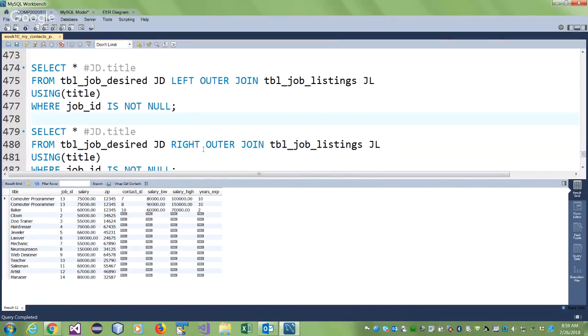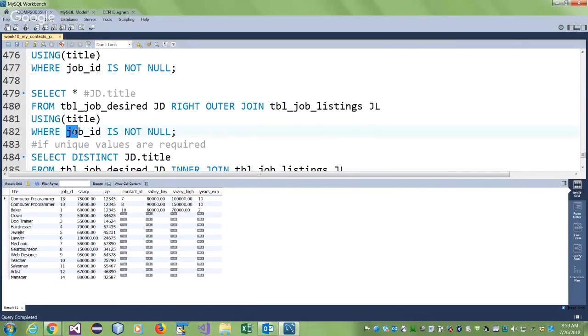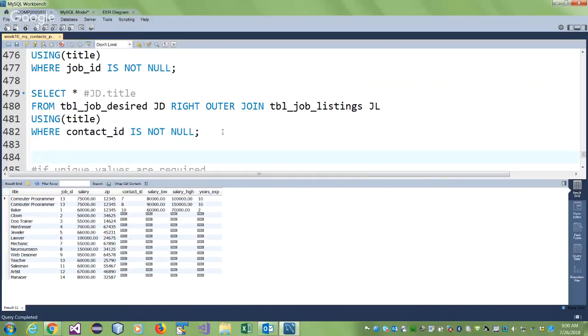So where are you, right outer join? Here you are, right outer join, and job ID won't work here because everything has job ID, where the contact ID is not null. See, so you have to look at which solutions may be possible, and they are. So I did a right outer join. I made this as my